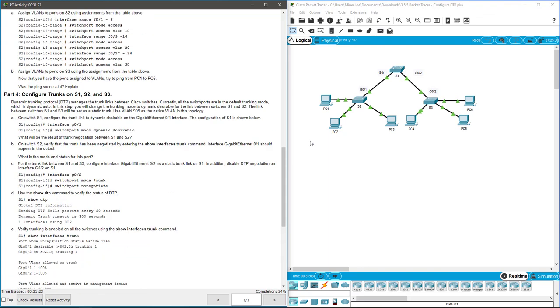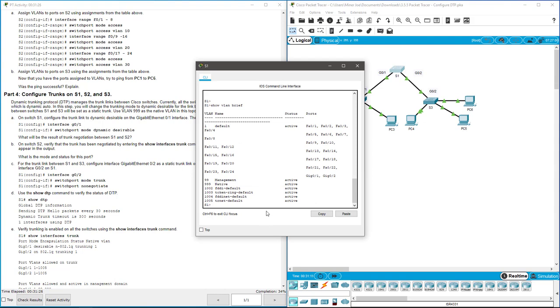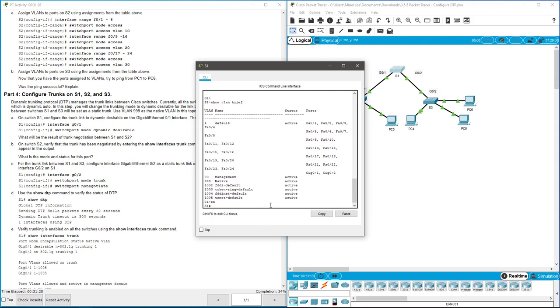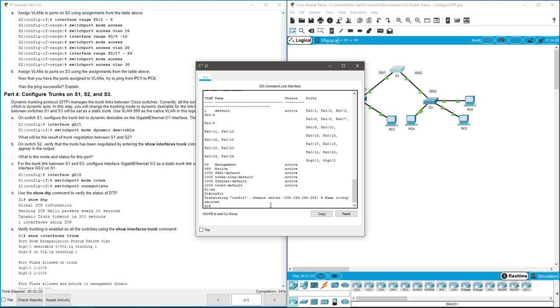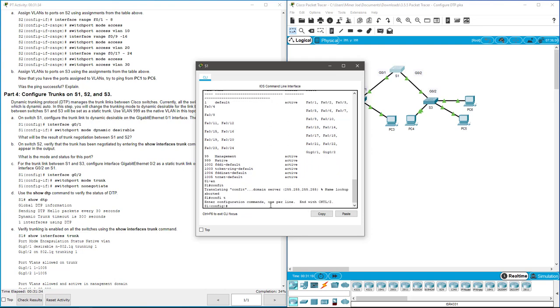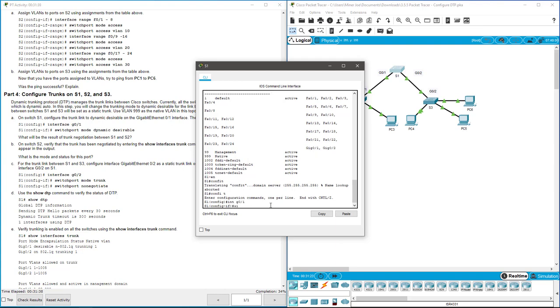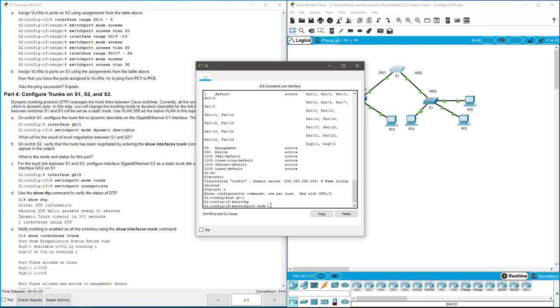So let's go ahead and do that on switch 1. So let's get a click in here and do EN. I did it again. Oh, the worst. Config T, and we're going to go INT G0/1 switch port mode trunk